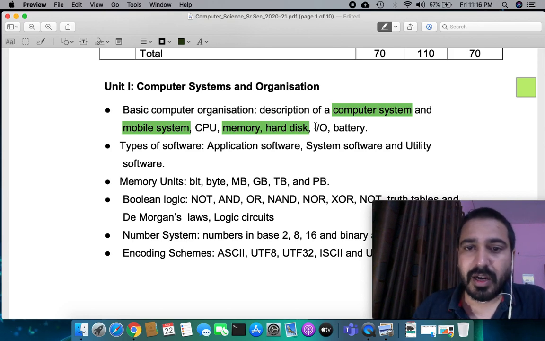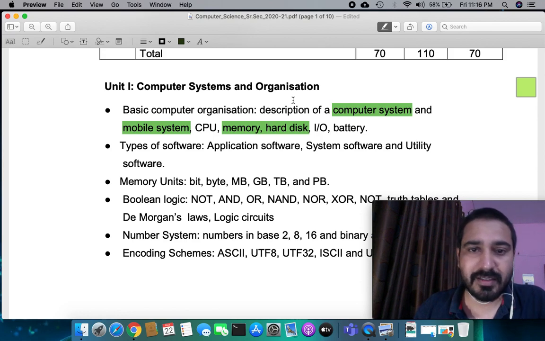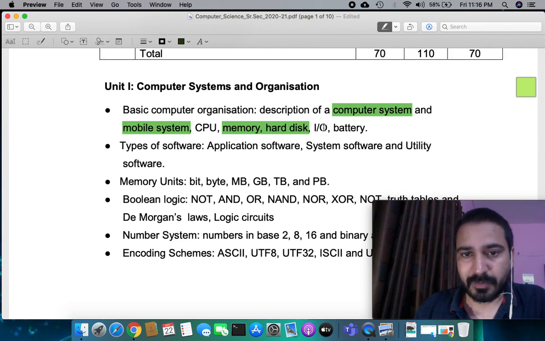So input and output. Output is quite simple. It's my monitor, my laptop's screen where we are reading this. So this is the output. How the computer is interfacing with the outside world or the humans is the output unit. It can be your screen, your printer, or some other way, like the speaker. If some audio is playing, in that case the speaker unit is also an output.